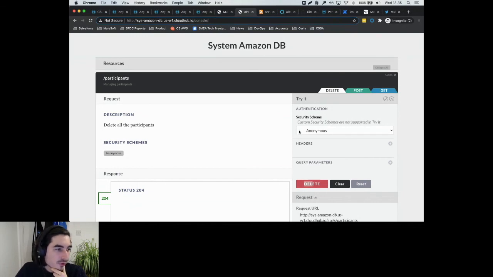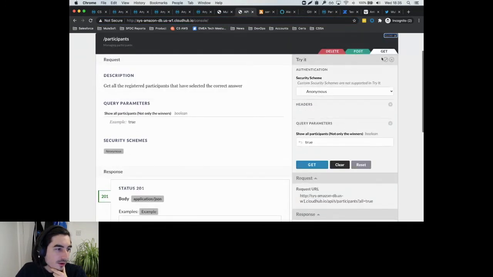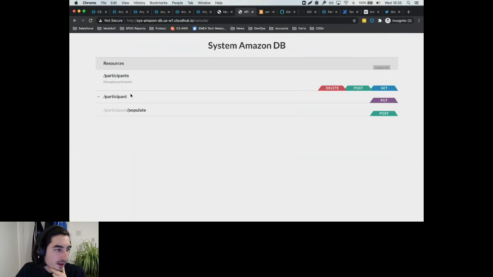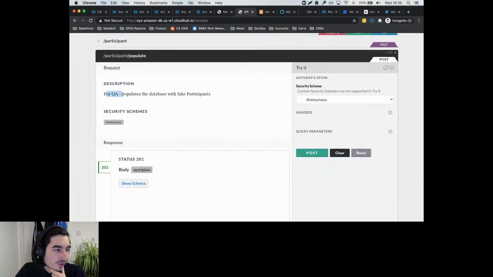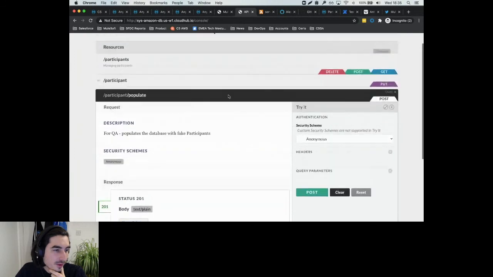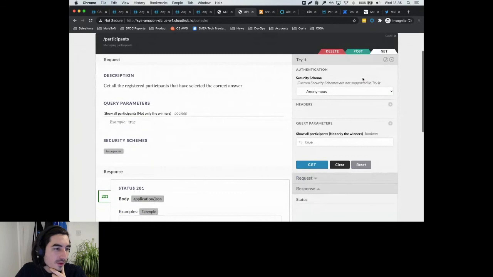This is the console menu. So from here, you can see all the requests you can make to that API. In this case, I can actually delete the participants. I can actually populate. This is especially used for QA. For QA, it populates the database with fake participants so that I can test before the event that everything is running